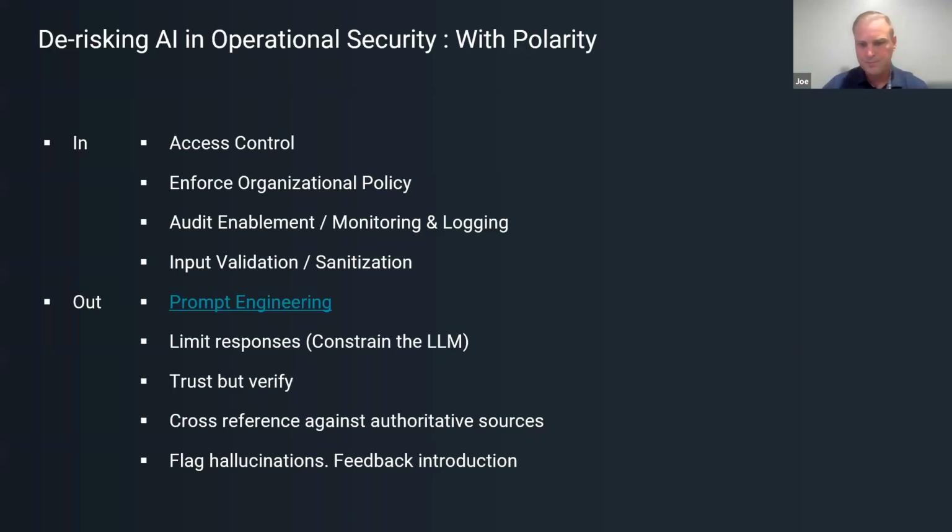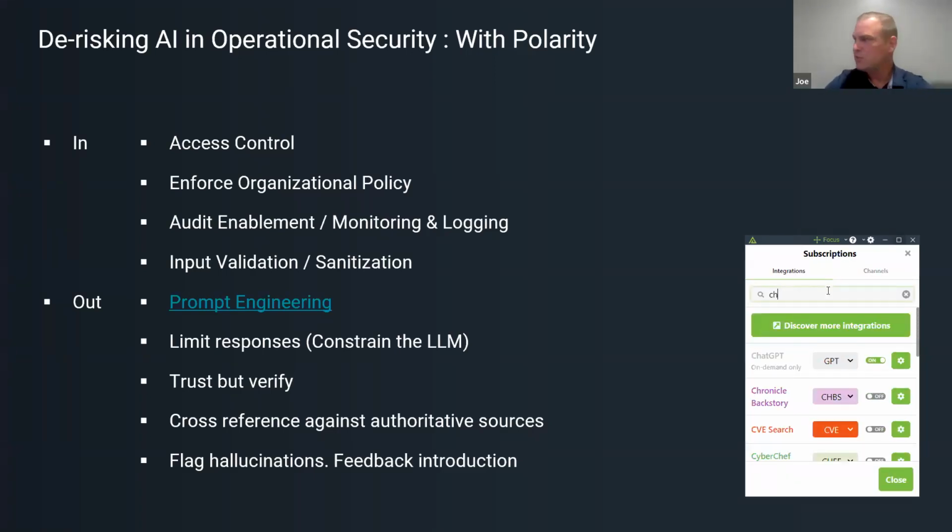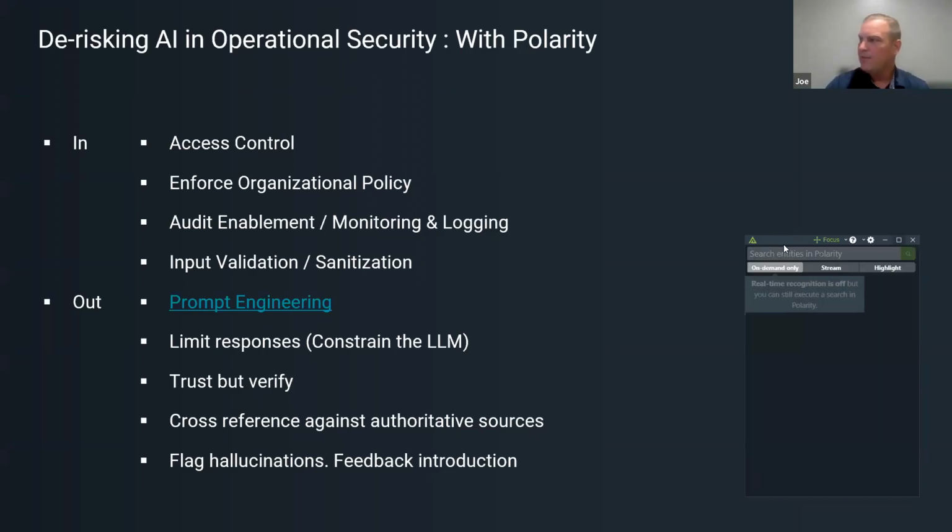So first and foremost, when you're using Polarity, Polarity is an RBAC controllable product. If you are wanting to use the GPT integration, you won't just get it by default, right? A stakeholder, a security leader, a manager, someone like Chris, has to decide who on the team it's appropriate for and who might need different levels of access or training in order to get access to the capability. So right out of the gate, you'll have to be access controlled, even just to subscribe to something like our ChatGPT integration.